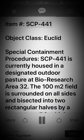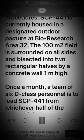Item: SCP-441. Object Class: Euclid. Special Containment Procedures: SCP-441 is currently housed in a designated outdoor pasture at Bioresearch Area 32. The 100 square meters field is surrounded on all sides and bisected into two rectangular halves by a concrete wall